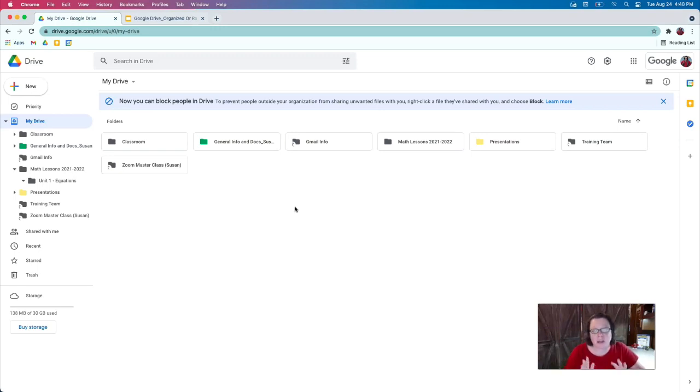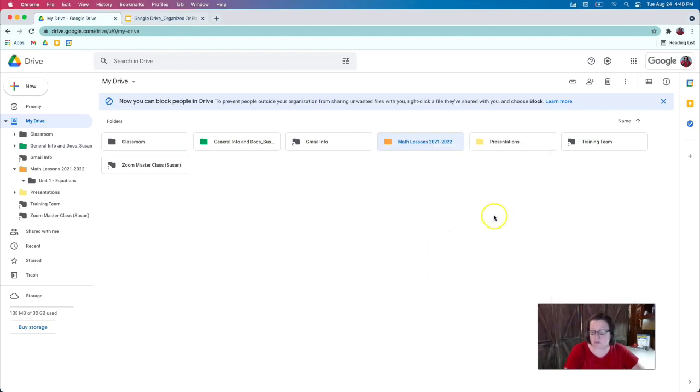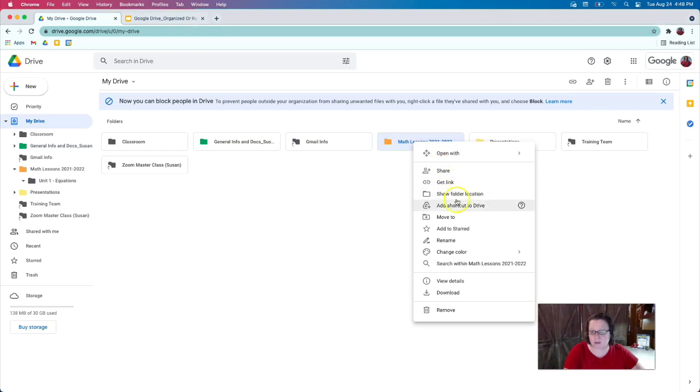So here in my folder structure, in my Google Drive, I can simply right-click on a folder. So right now I'm taking my mouse and I'm doing a right-click action. And notice down here I can have a change color option. So I can make that folder any color I want. So if I want everything to do with math in 2021, 2022 to be orange, I'm just simply going to pick that color. And again, I can right-click,